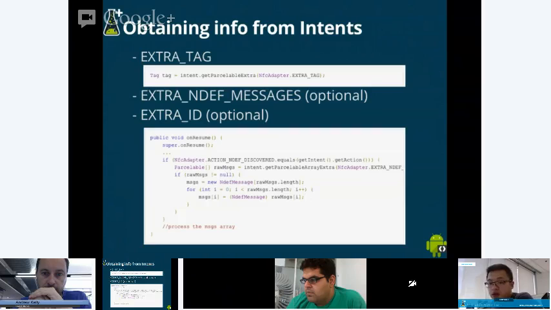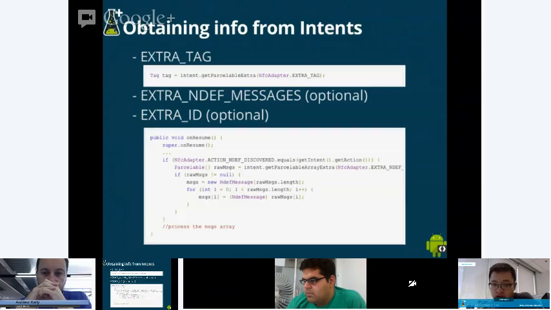But there's also a very convenient way if you know you are only processing NFC tags using the NDEF data format. You can use the NDEF messages extra to get a list of NDEF messages.